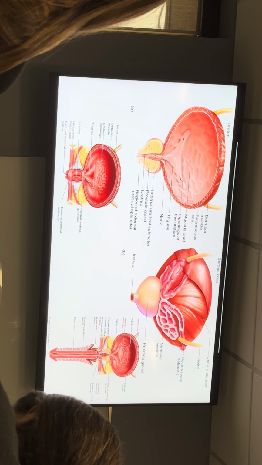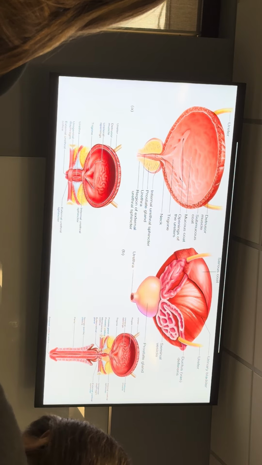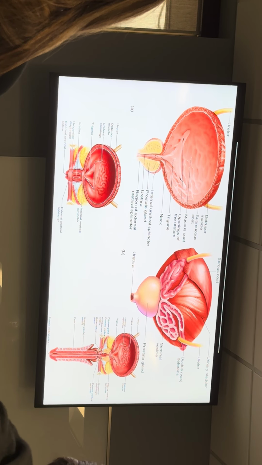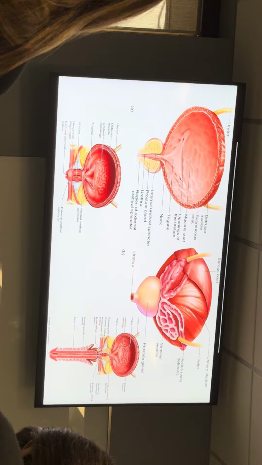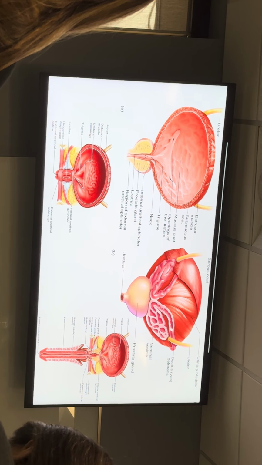So if you have urine mixing with sperm as a man, then that's one of the many reasons that a guy can be less fertile. Because if his urine is killing the sperm, they're going to be dead and not going to impregnate a woman. And so that's why you have an internal urethral sphincter, so a man's emissions don't get contaminated with urine. Since women don't have emissions, you don't need an internal urethral sphincter. Okay, that's it.